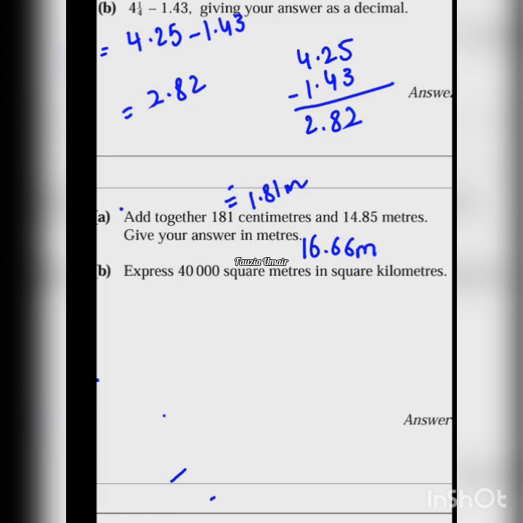First meter to kilometer, we divide by 1,000. So we will make the square of 1,000. So we will divide with 1,000 two times, are you saying? No, we will take the square of 1,000,